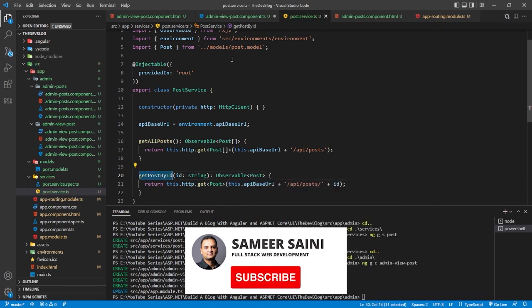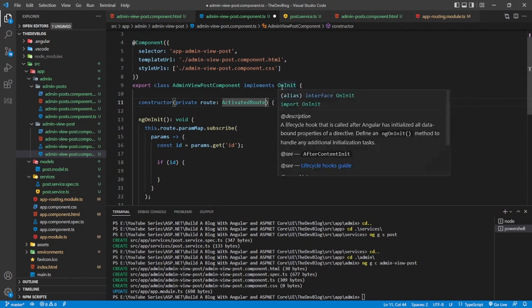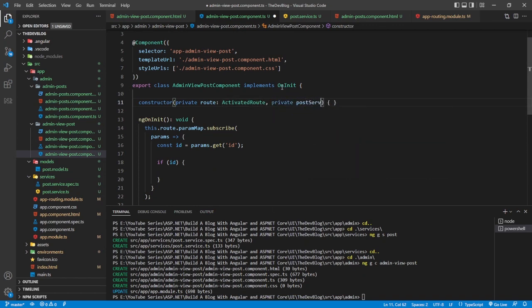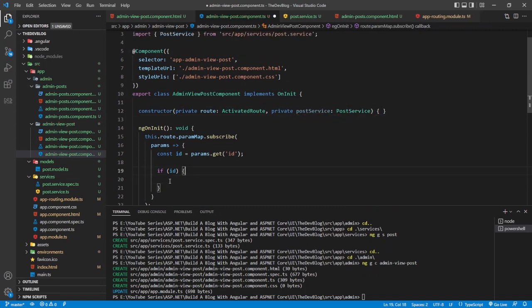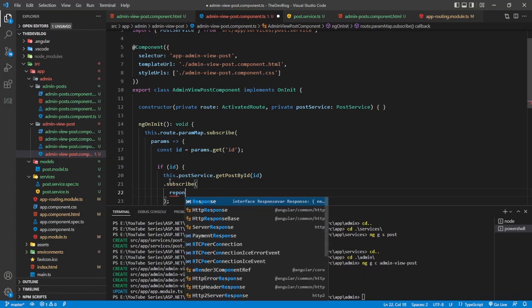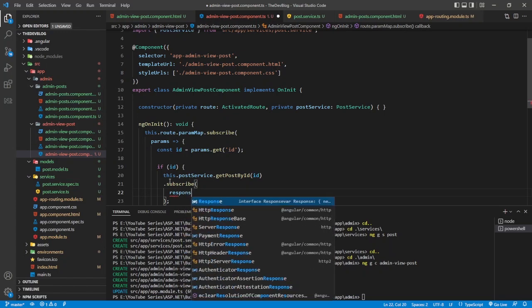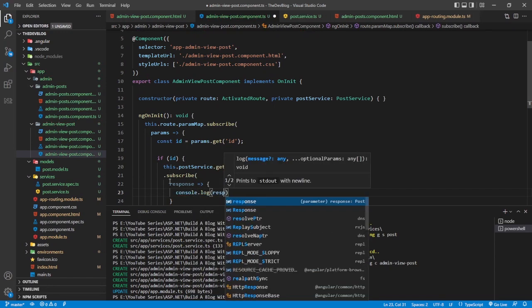Our method is complete. It's now time to use it inside the component. So we will start by injecting the service. Private postService is of type PostService, and using this postService I can get a post by ID and pass the ID over here. Now this is returning an observable, so we have to subscribe to this method, and we will console the response again. So I'll say console.log response,